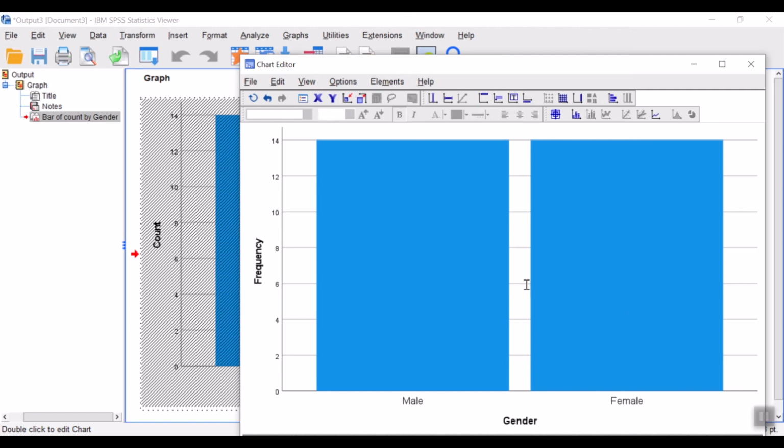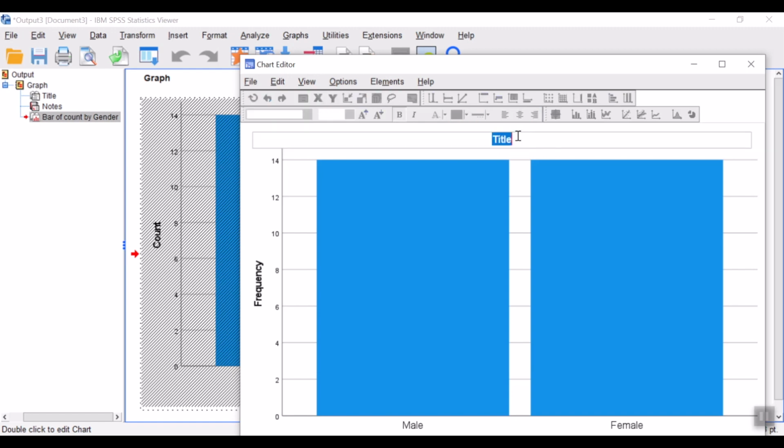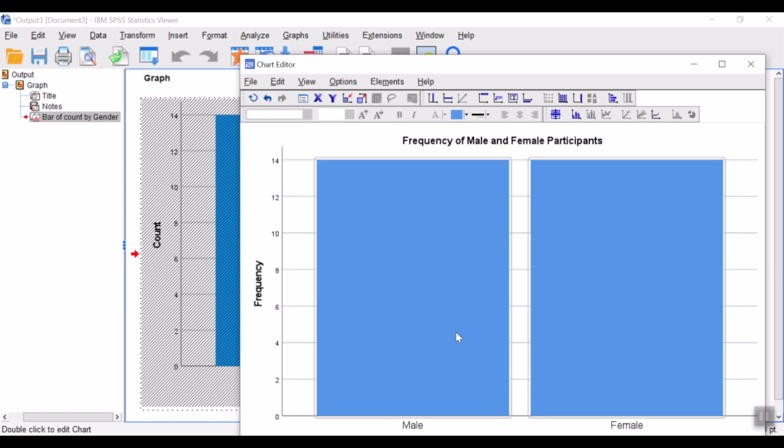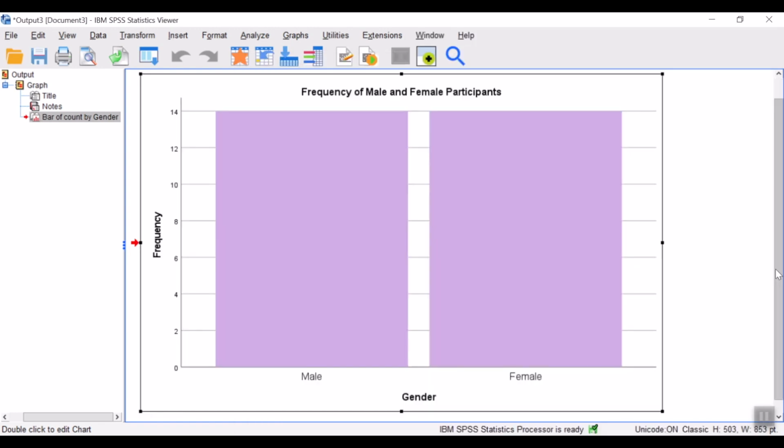You could even add a title to your graph. Go to options, title, and insert the title of your graph. Frequency of male and female participants, and press enter. You could even make changes to the color of your bars. Just double click and select a new color, click apply,